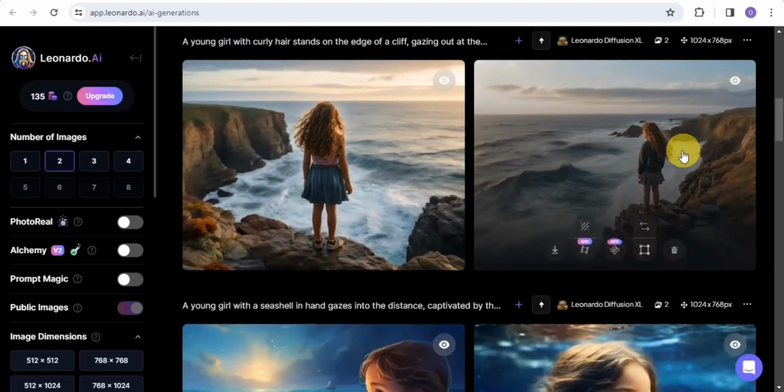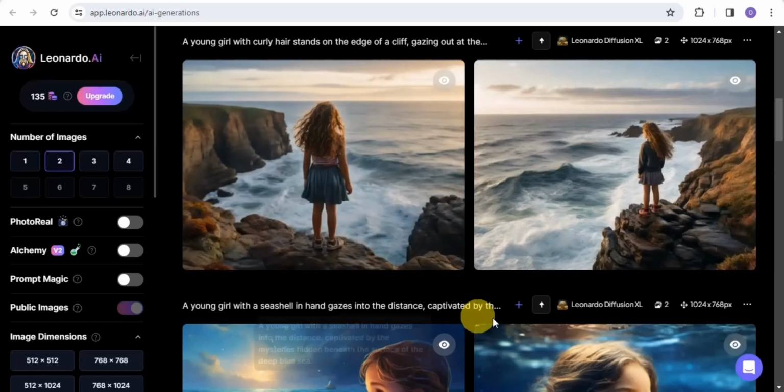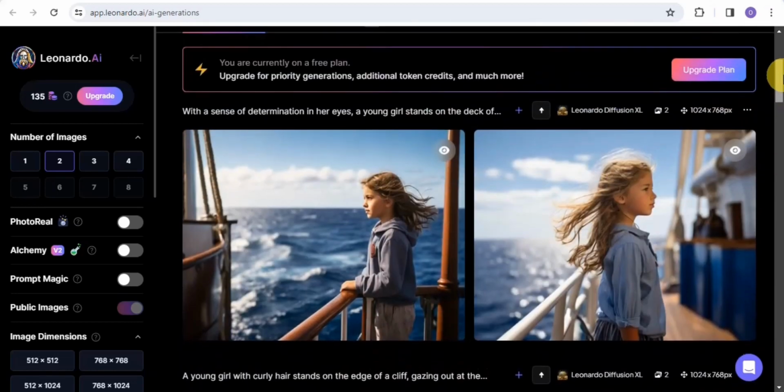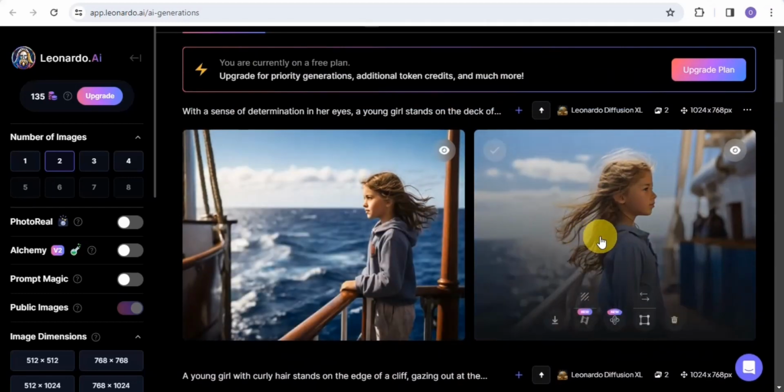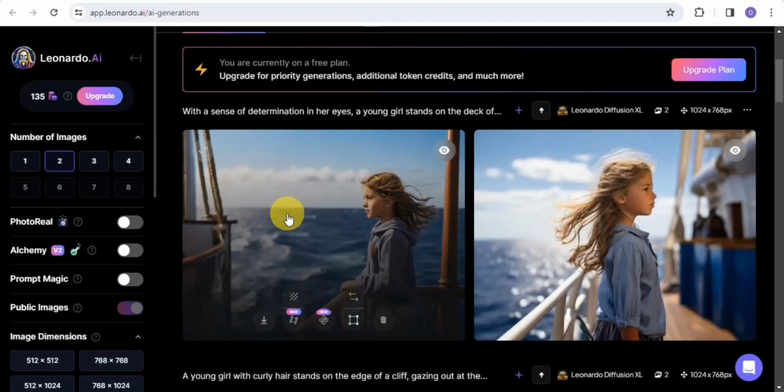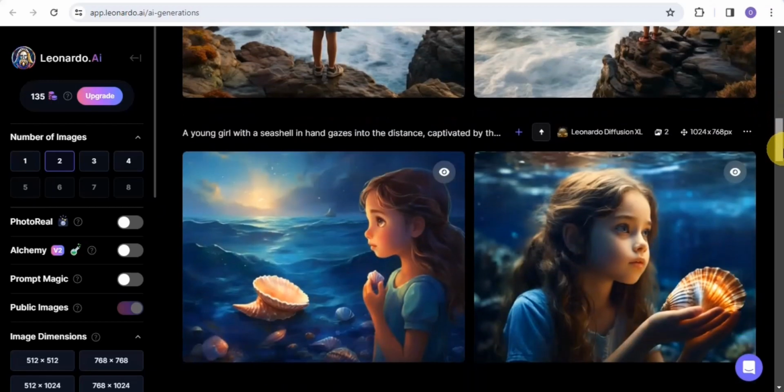So guys, as you can see, you are able to get an amazing prompt right here by simply making use of the Leonardo AI prompt generation, and this image is looking so nice. Now let's take a look at the last one that I was able to generate. As you can see, this is looking amazing right here. Amazing images have been generated right here by making use of the prompt generation, and this was created from the